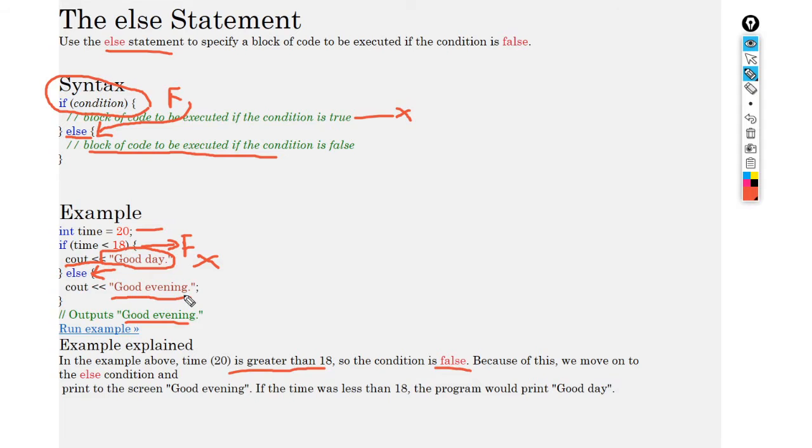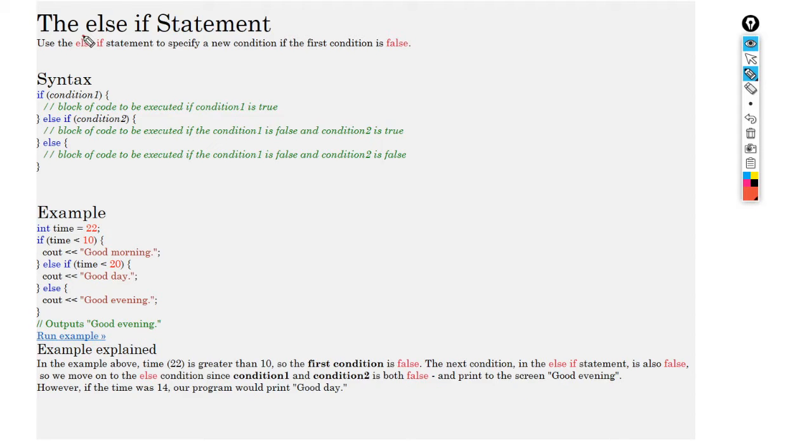It will execute the else statement. Next comes else if, which is used when there is more than one condition. You give the else if condition 1, and if this is true, then the statements inside the if will be executed. If it is false, then the compiler will move to the else if part. It will check the second condition, and if that is true, it will execute its block of code.